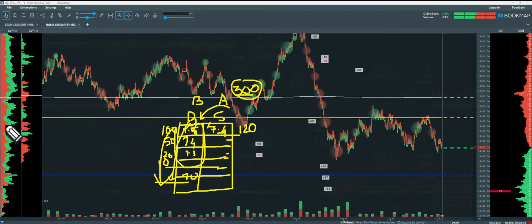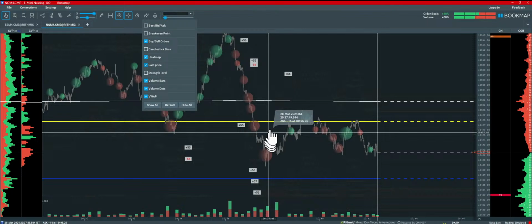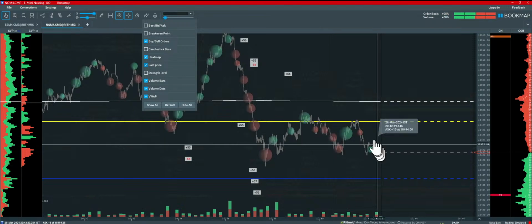Now again, if I switched it from best bid and ask to, let's say, last price, this of course is the presentation of the market orders, because this is the price that actually transacted. So more or less these are the market orders that have stepped in and taken the orders from the buyers or the sellers.